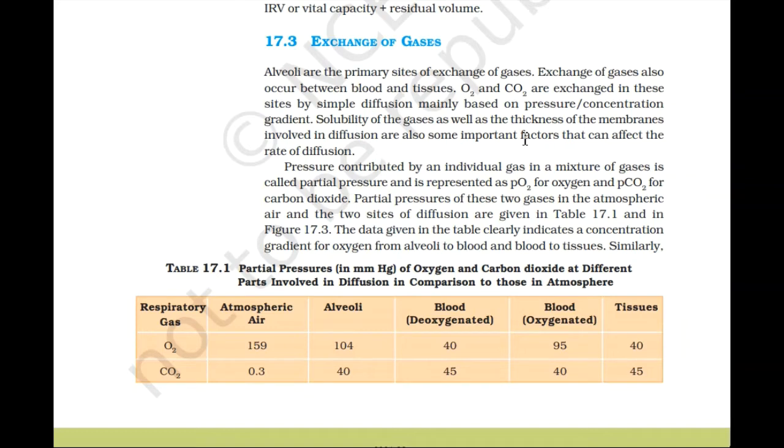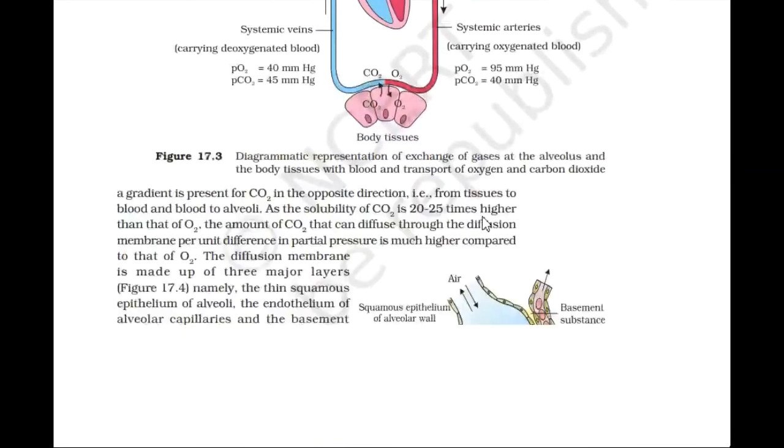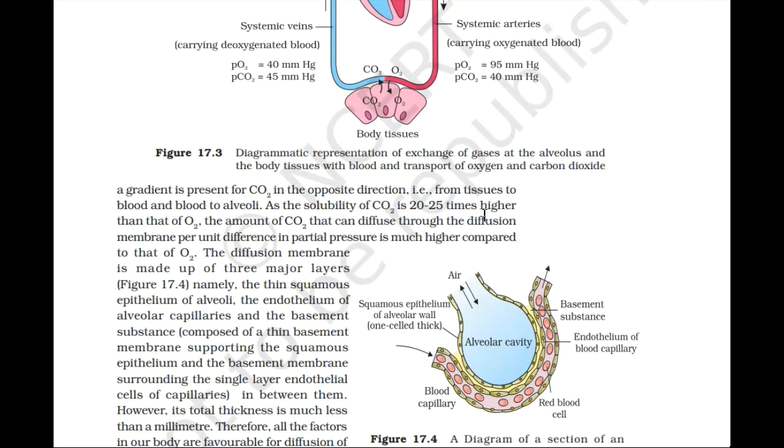Pressure contributed by an individual gas in a mixture of gases is called partial pressure and is represented as PO2 for oxygen and PCO2 for carbon dioxide. Partial pressure of these two gases in the atmospheric air and at the two sites of diffusion are given in Table 17.1 and in Figure 17.3. The data given in the table clearly indicate a concentration gradient for oxygen from alveoli to blood and blood to tissue. Similarly, a gradient is present for CO2 in the opposite direction, that is from tissue to blood and blood to